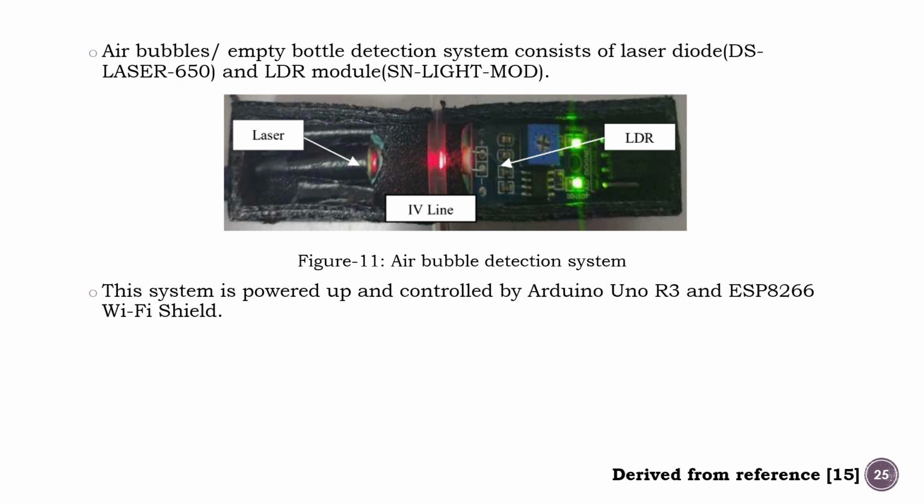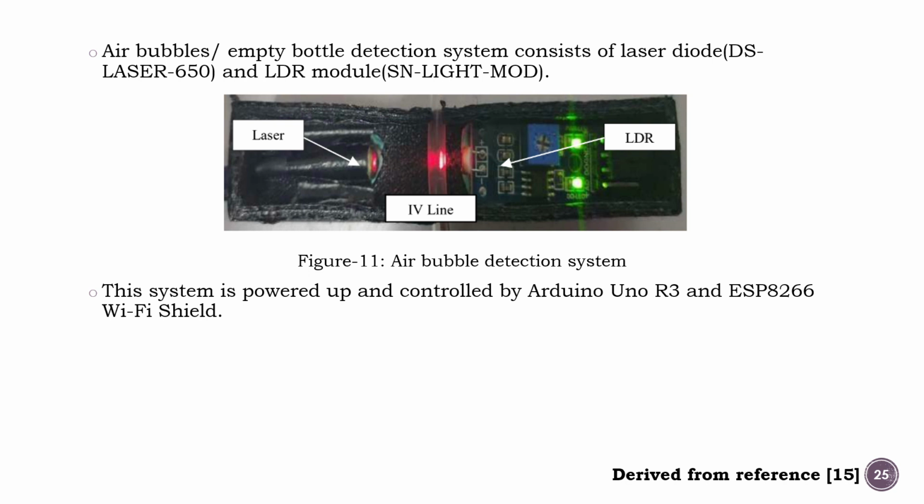The drop counting system developed uses a continuous wave 5 milliwatt laser module to emit light with a wavelength of 650 nanometer. A non-modulating laser sensor placed opposite to the emitter detected light passing through the drip chamber. The Arduino Uno R3 and ESP8266 Wi-Fi shield were used to power and control the system. The latter enables the Arduino microcontroller to communicate with the internet and transfer data efficiently for